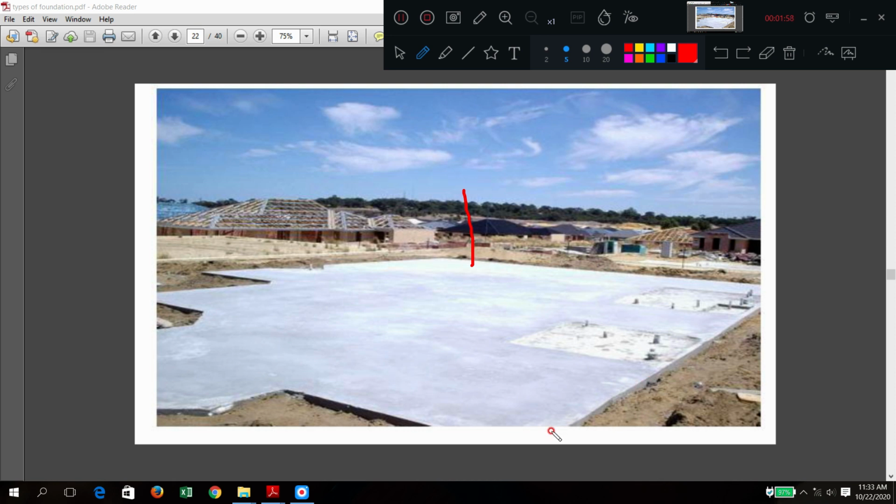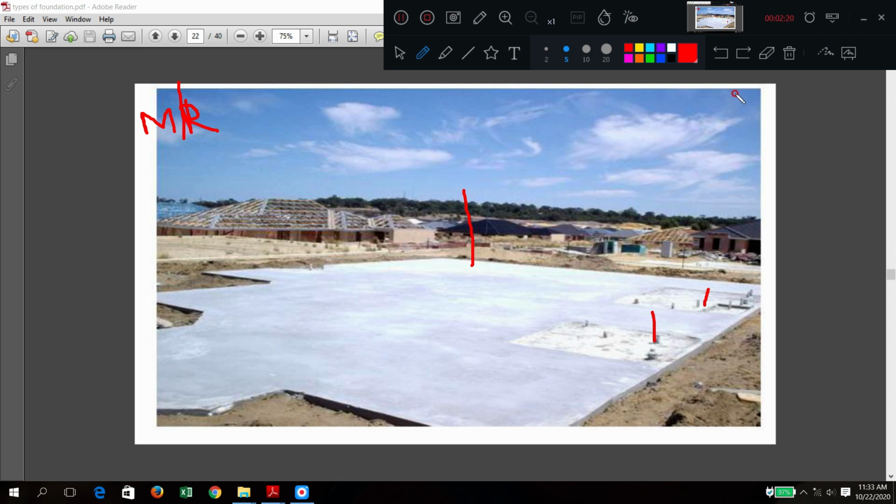No separate footings are provided, but one common slab or one common foundation is provided for all the columns. Above this column, and this column, everywhere, wherever according to the design the columns will come. That is why we call it common for all the structure. Then we call it a mat or raft foundation.